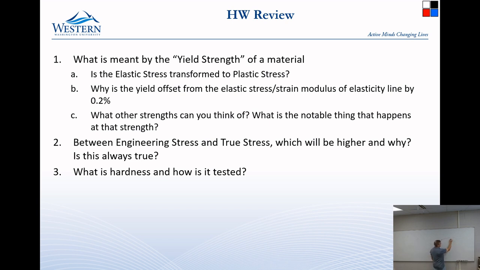What happens in the sample, you have this sample, and you're pulling this sample, and it will get a little thinner and a little thinner and a little thinner, and then all of a sudden it will start to neck down right here. So the cross-sectional area starts to change very rapidly at the ultimate tensile strength. What is bizarre about the fact that the ultimate tensile strength kind of doesn't exist is that it is super